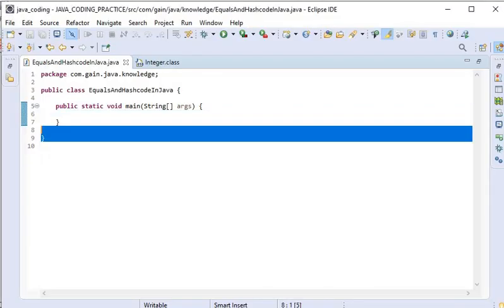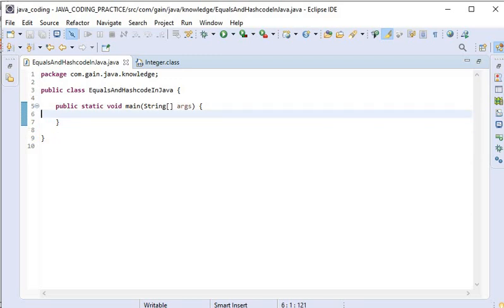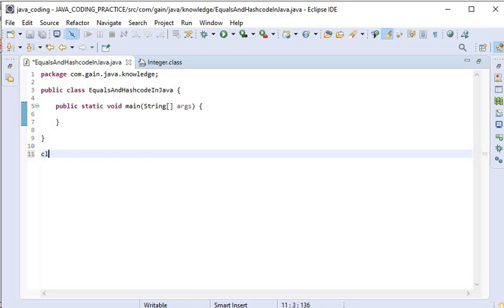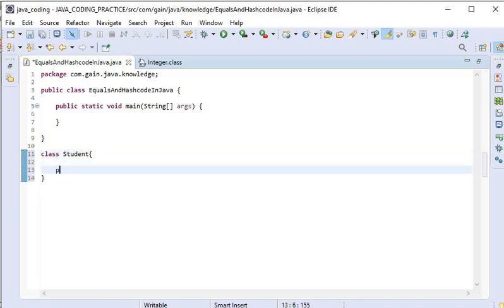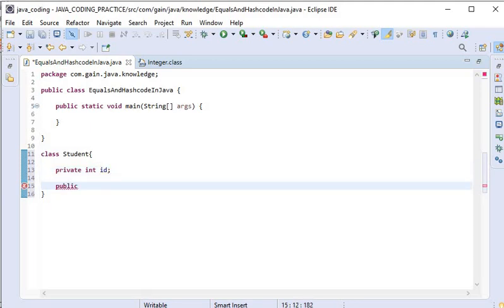Here first I have created one class, that is equals and hashcode in Java, and declared the main method inside this class. Now I will create one class, that is class Student, and inside class Student I will declare one property, that is student ID, and will also generate a parameterized constructor.